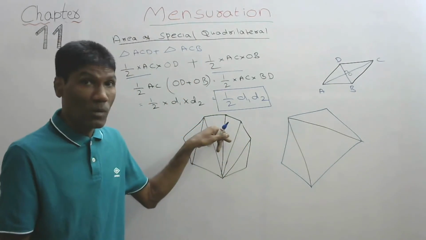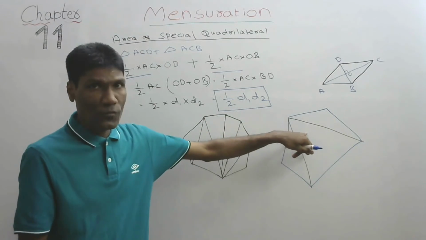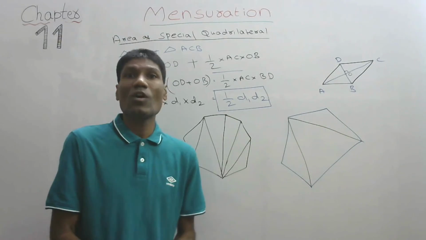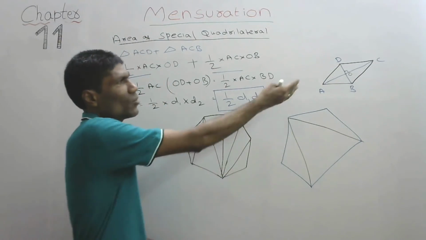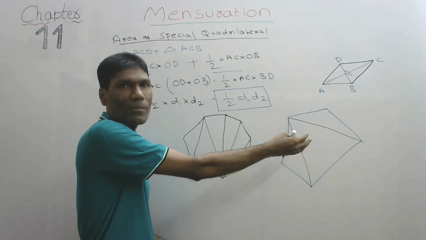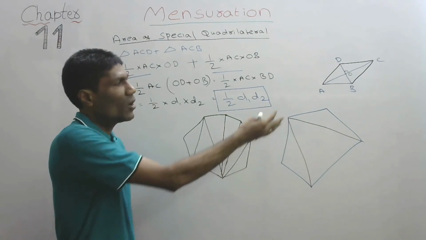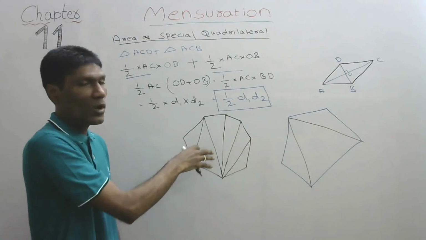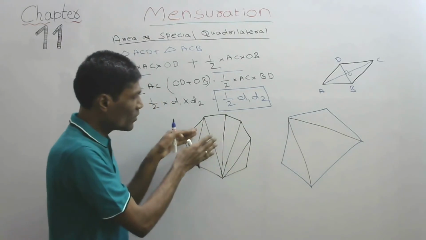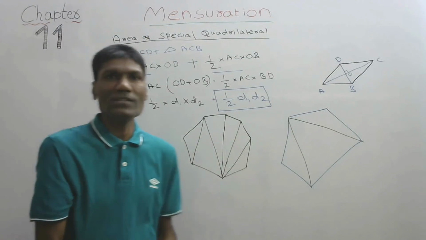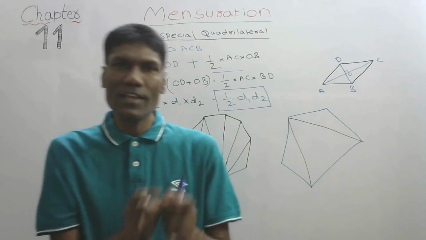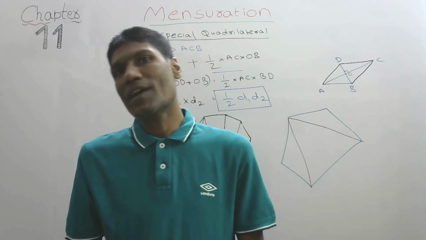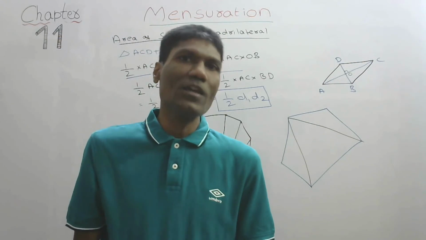I am calling it a polygon. Remember, if there are 3, 4 or many sides, the name given to that is polygon. Quadrilateral, if 5 are there, pentagon, 6 are there, hexagon, or we can name this as polygon. For any polygon, we can divide it into smaller segments, find the area of each segment, then add all of them to find the area of that particular polygon.